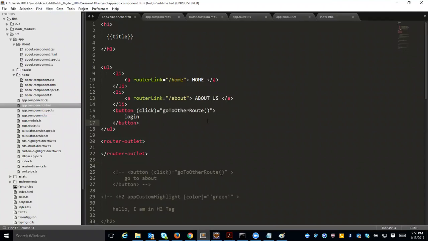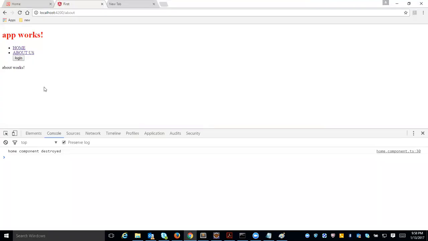No, but you told that there is some router outlet, right? So in the router outlet, the new page will get loaded. The old page components will still be there? No, those will be replaced. You can see, but right? Login was the